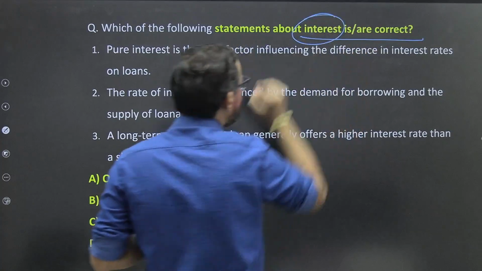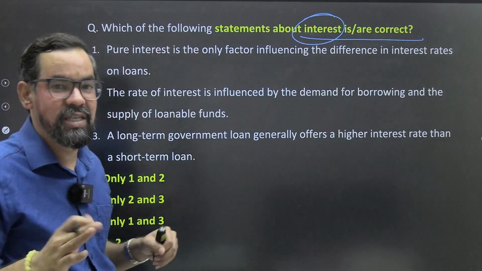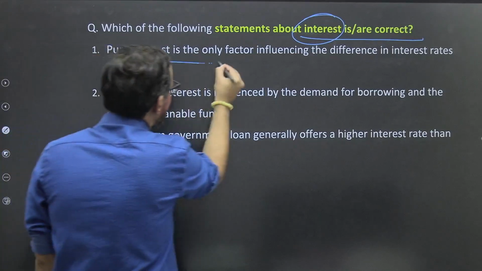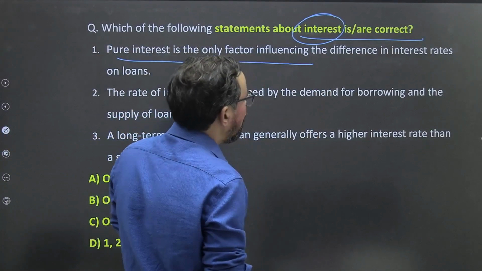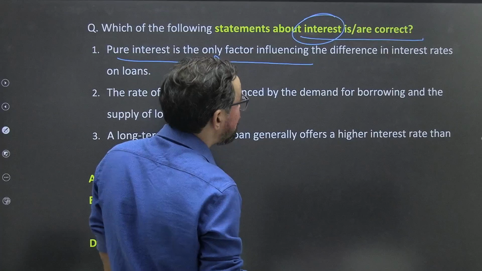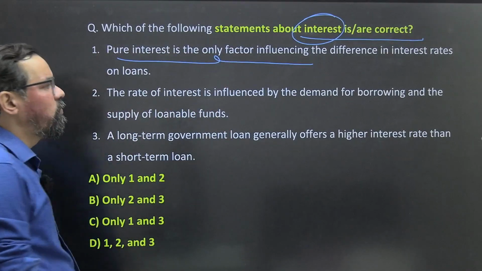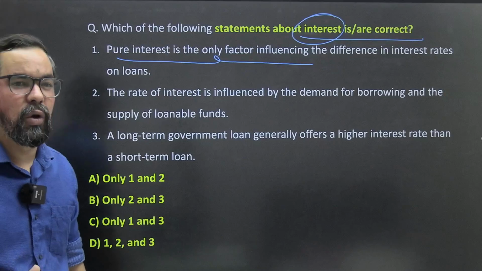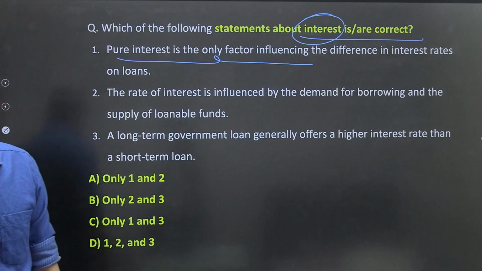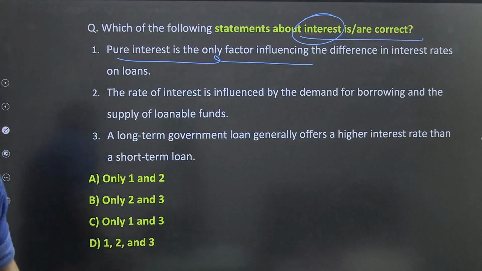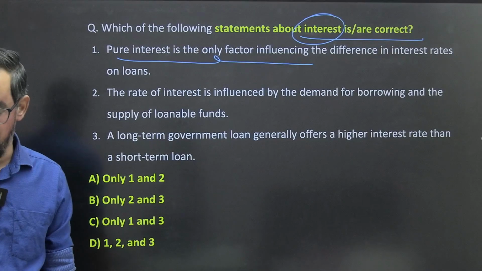So the question is about interest. This is a very basic subtopic which is defined in your book itself. Pure interest is the only factor influencing the difference in interest rates on loans. No, pure interest is not the only factor. There are so many factors which generally affect the interest rate in the market itself,